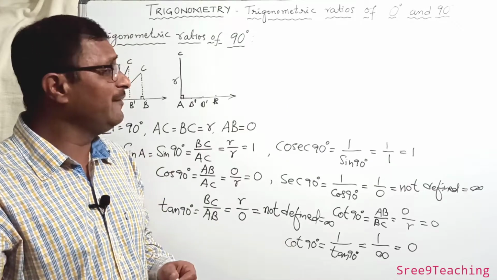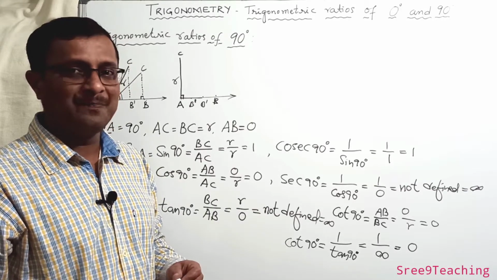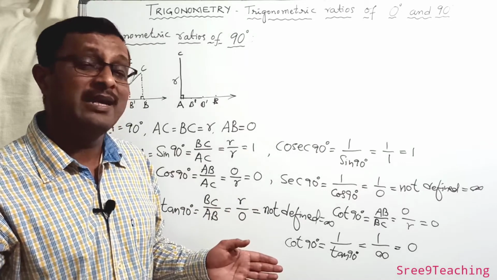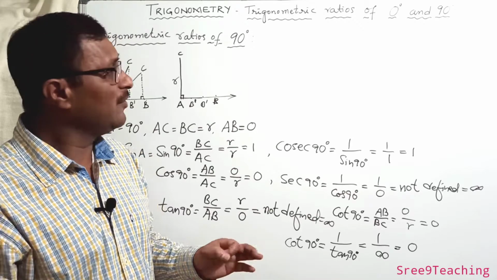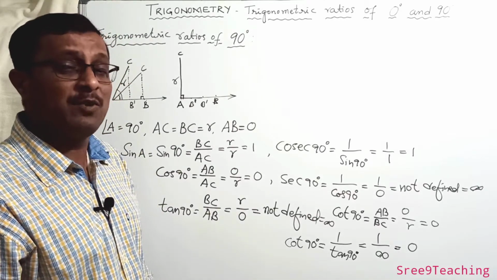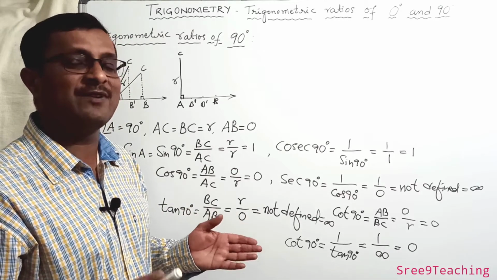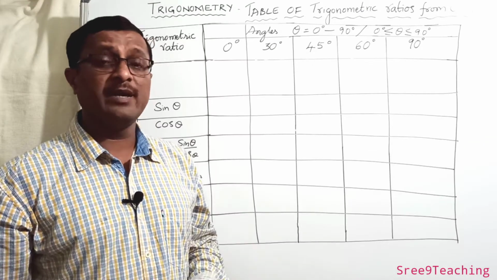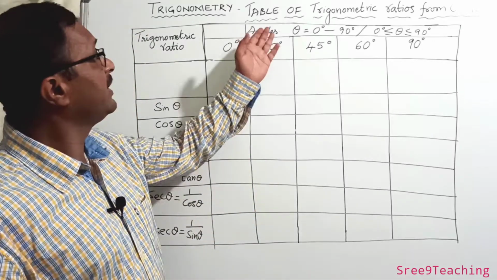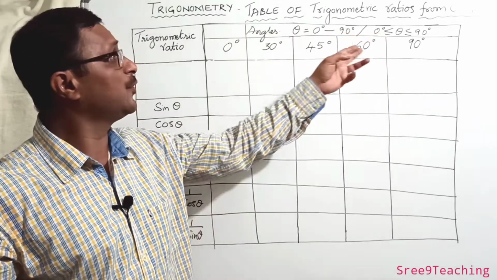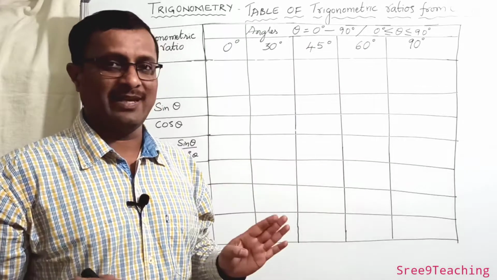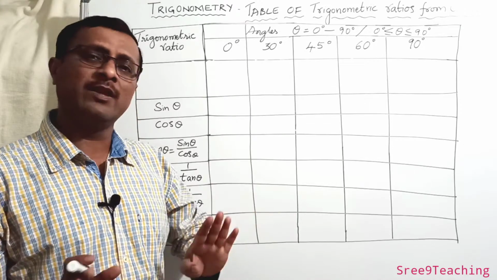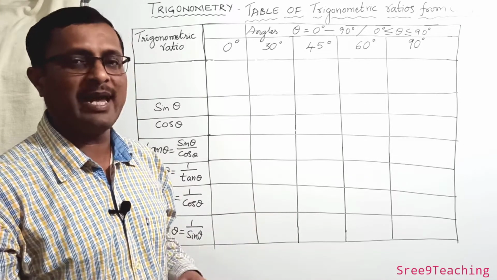Okay, now we will write a table in the form of a trick. We use a trick to write the values, and also we can easily remember. Now let us prepare the trigonometric table of trigonometric ratios of angles from 0 to 90 degrees. Okay students, now we are going to understand the trigonometric ratios of angles from 0 to 90 degrees in an easy way. Very easily we can remember the table even if you forget all the values. Yes, here we have a trick.